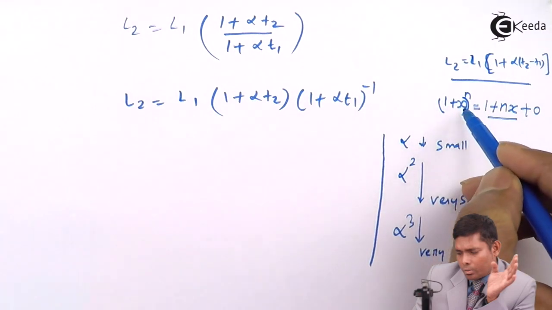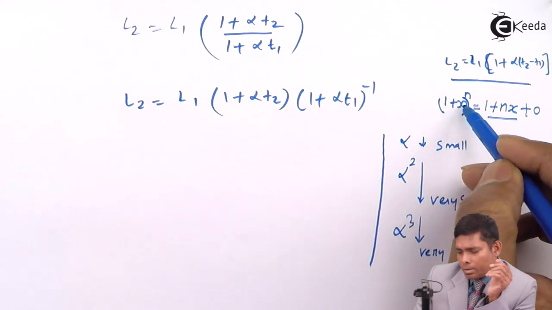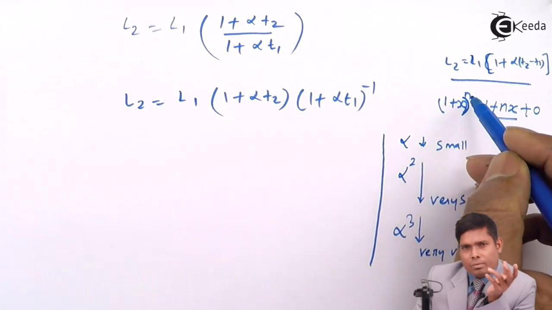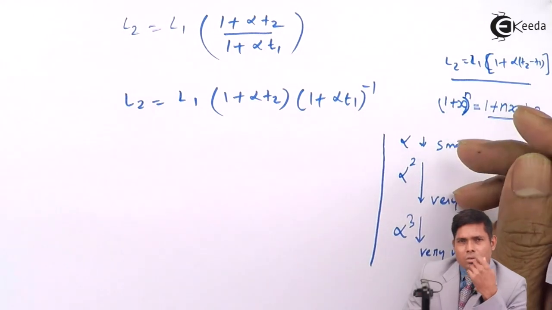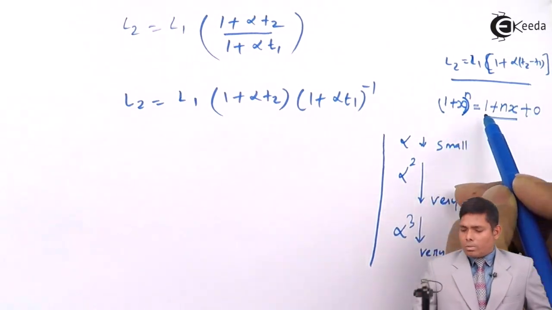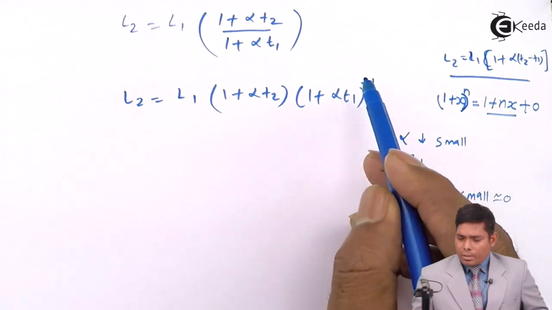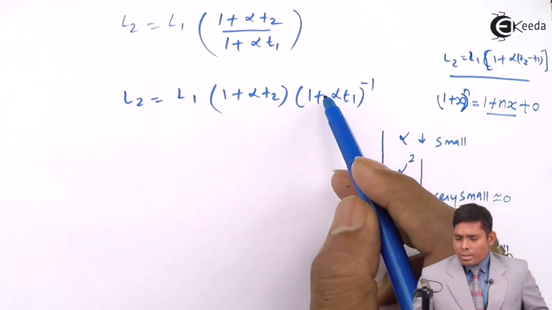One is there already, so (1 plus x) to the power n becomes 1 plus n x. Whether n is a fraction, a positive number, an integer or something else doesn't matter, this will be the formula. Because alpha t1 is less than 1,